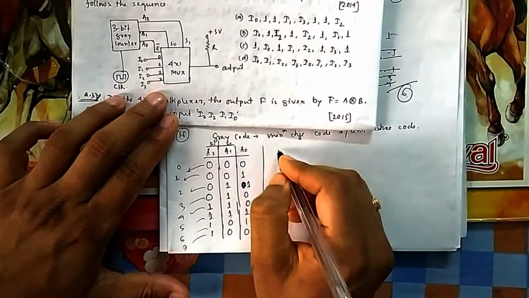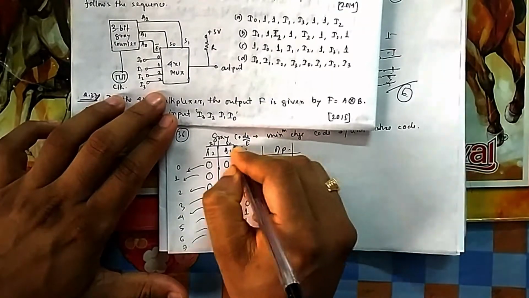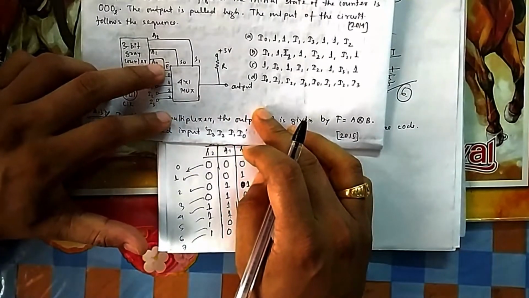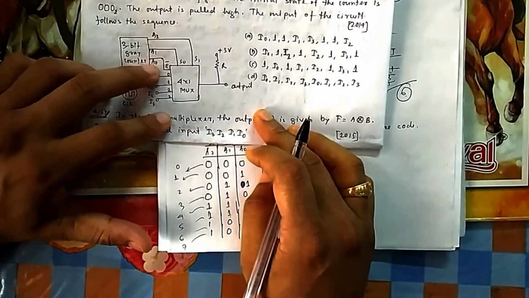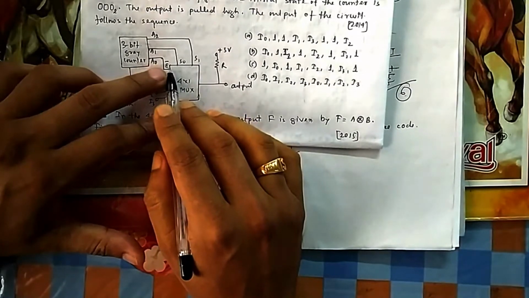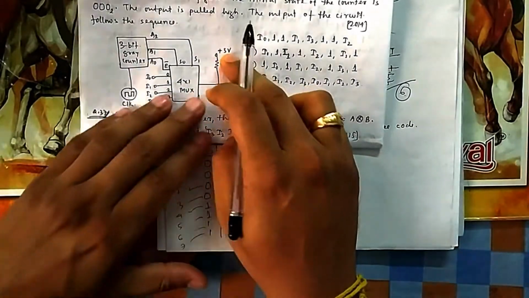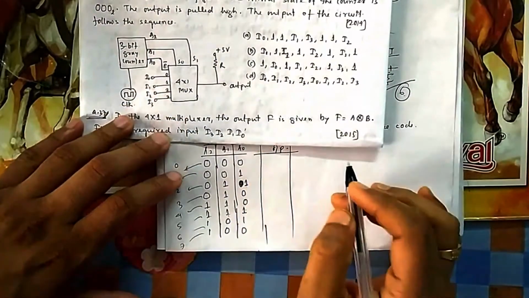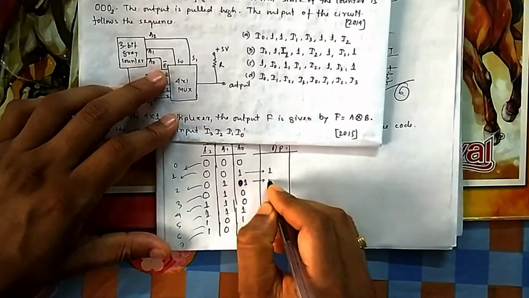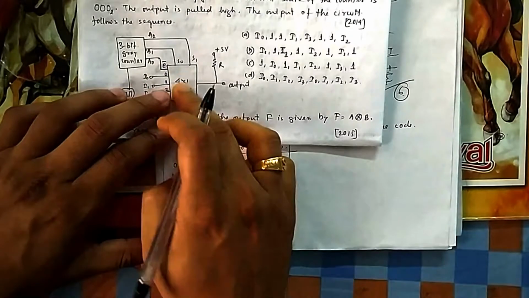So if I write the output here, this is E bar. So when the mux is off, when E is 0, because it is E bar, whenever this A naught is 1, then what will you get here? You will get 1 bar, that is 0. If you get 0, then it is off. This is off means your output is always at 5 volt. 5 volt means my 1, that is high voltage. So whenever this is 1, your output will be 1. So this state I can directly write, because in all 4 states your mux is off, so it is directly getting 5.